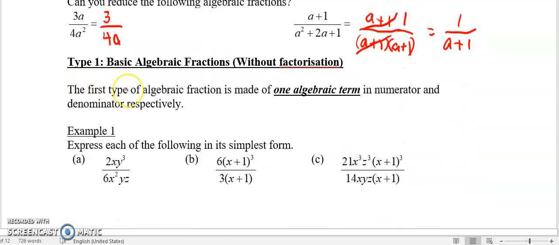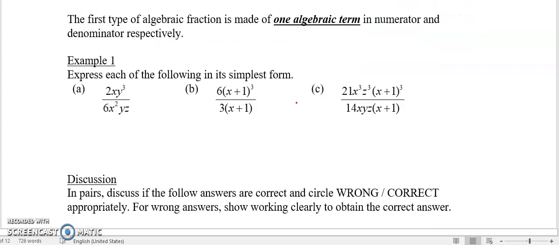Okay, moving on to the next part. The first type of algebraic fraction is made up of one algebraic term in the numerator and denominator respectively. We can look at the example. We are required to simplify all these examples here. So for a,